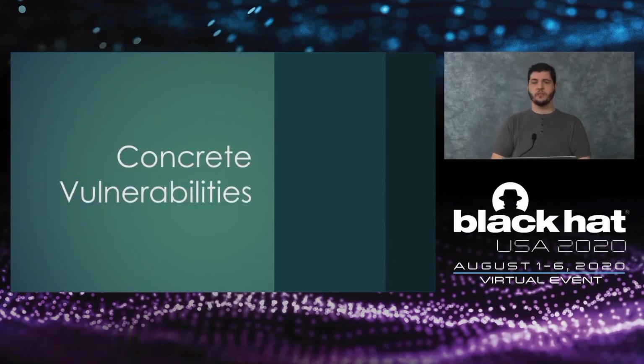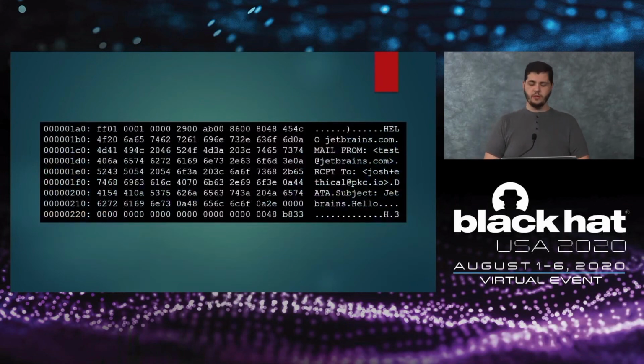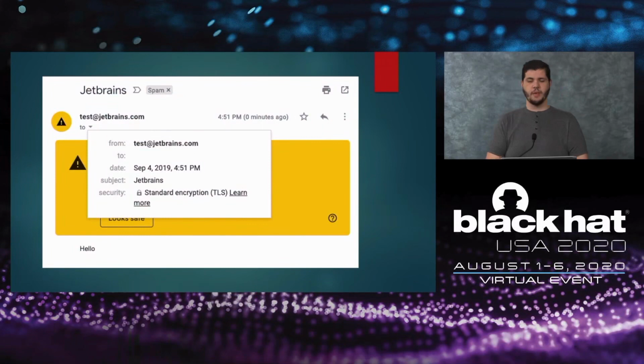So now we'll go through a couple of exploitable examples of these TLS session-based SSRF vulnerabilities that I reported and got fixed. Here's one from uTrack. It's rated low because all I hit was local SMTP, and I didn't try poking around to see if I could exploit the SMTP server further. It originated from uTrack's import feature, which normally wouldn't be easy to exploit, being blind SSRF. But with my rebinding code, here's a section from the TLS packet I got uTrack to send itself. This works because SMTP is a newline delimited TCP protocol, just like memcached, so you can embed working commands within a TLS ticket. And here's what came of that packet.